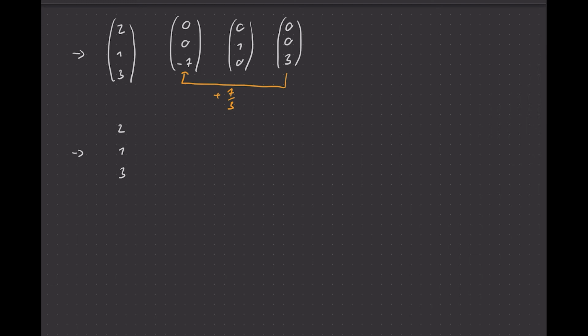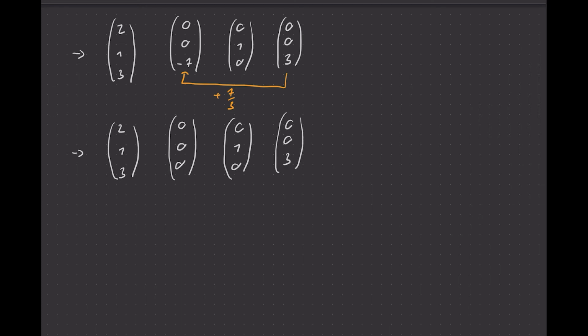And that yields 2, 1, 3, 0, 0, 0, 0, 1, 0, and 0, 0, 3. We could, of course, also have done the multiplication step for that last vector. I just didn't want to bother with that. But that would also yield a perfectly good solution. Now what we have obtained here is this one vector here. That vanishes now. Plus,